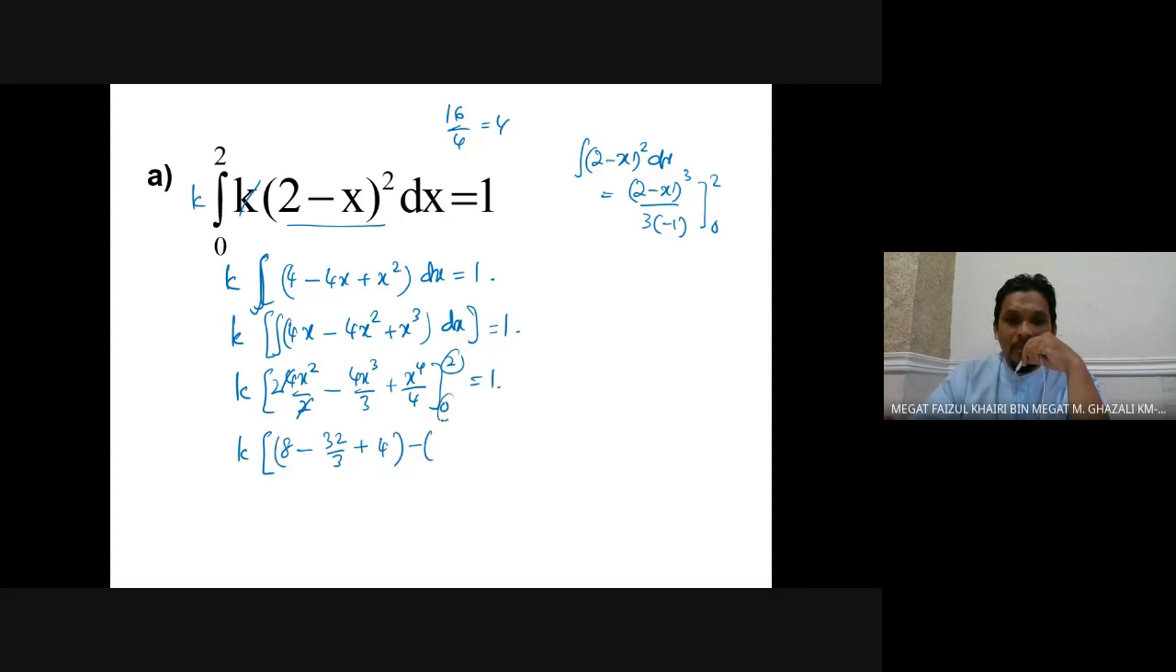Minus x equal to 0 now. 0, 0 and 0, equal to 1. Okay, so then